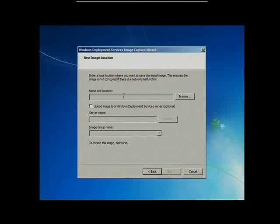Well, I didn't want to store it locally. I thought just put it on the WDS server. So I told it just to upload the image to the WDS server and look at the next button. See how it's not selectable? You can't do that. You must store it locally and then have it copied across the network to the WDS